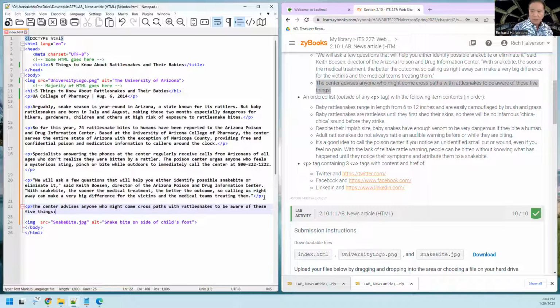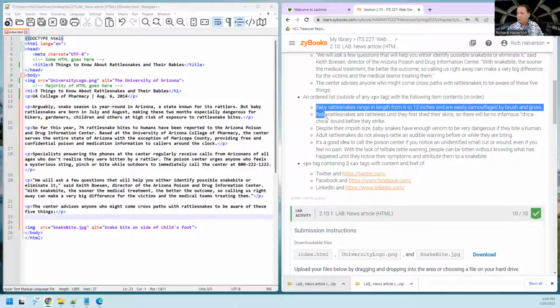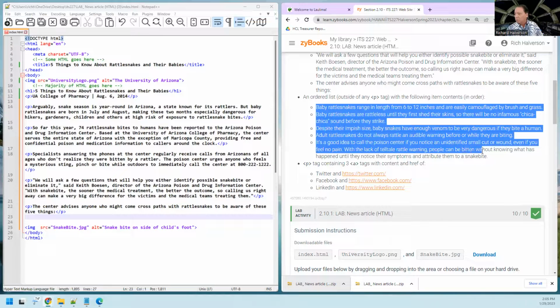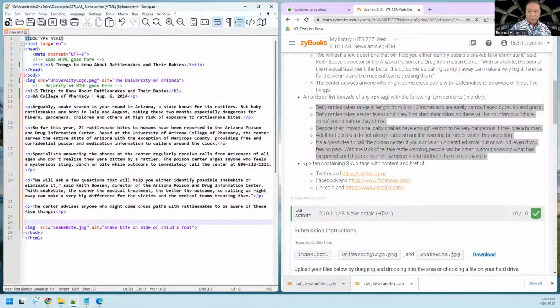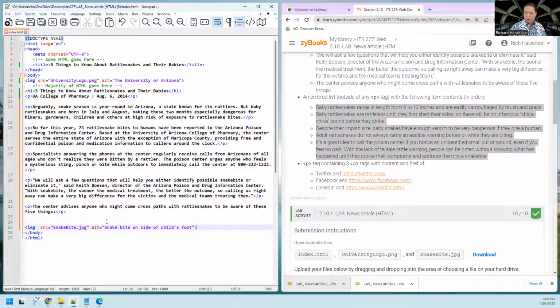P, paste, and end P. And then I've got this ordered list that's got these things in it. Okay, 1, 2, 3, 4, 5. 5 things, including the period. Copy. So right here, I'm going to paste the 5 things. Should use my mouse. Uh-oh. Hold on. This is in the wrong place, isn't it? I think this should be right after,